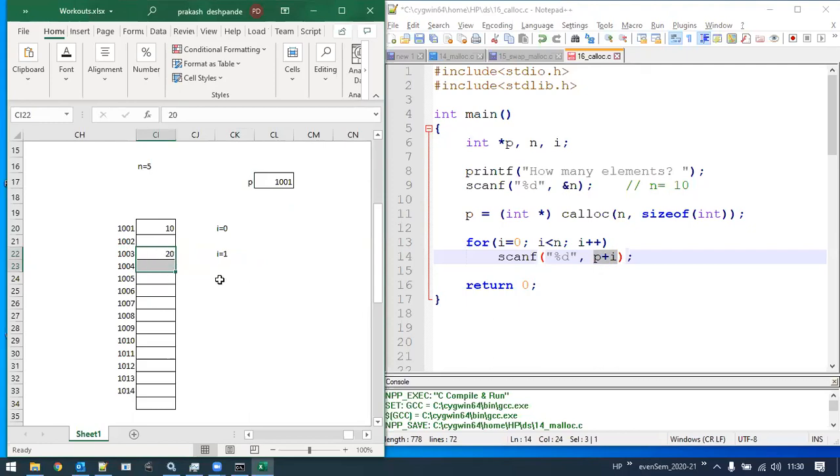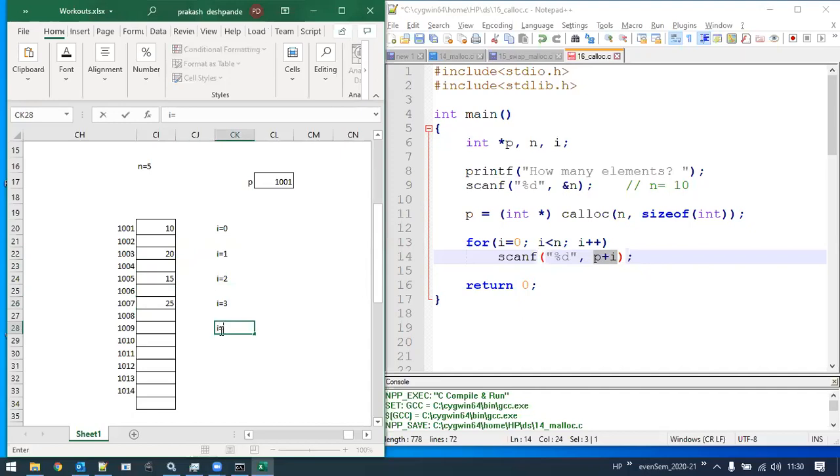Next time when i becomes 2 in the for loop, P plus i, so 1001 plus 2 is going to be 1005. Whenever i becomes 2, these two memory blocks will represent that one, and suppose I enter 15, that is going to be stored. In the same way, i equal to 3 is for 1007, let's say I enter 25.